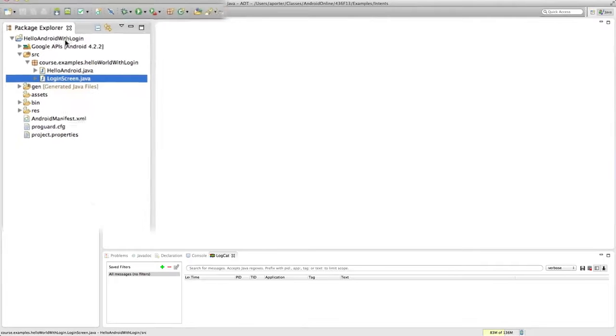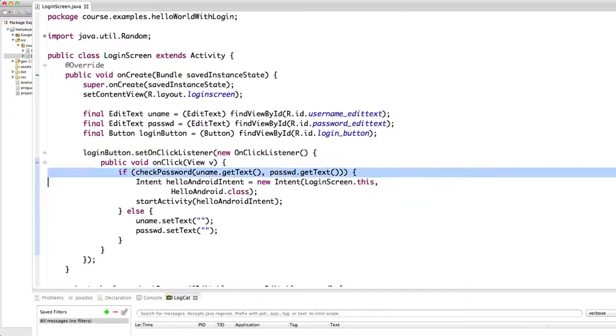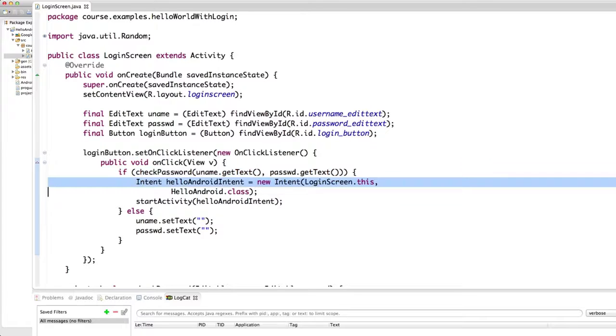I'll start by opening up the LoginActivity class. Here I'm showing the listener code that's attached to the Login button. And here, the code grabs the username and password that the user has just entered, and then passes them to a method called checkPassword. If checkPassword returns true, then the code will continue. First, it creates an intent called helloIntent. And as you can see, the call to the Intent constructor takes two parameters, a context and a class object for the activity to be started. In this case,